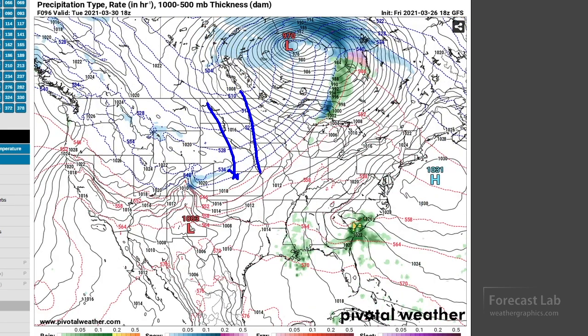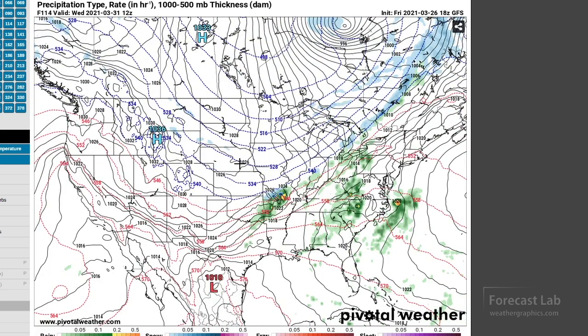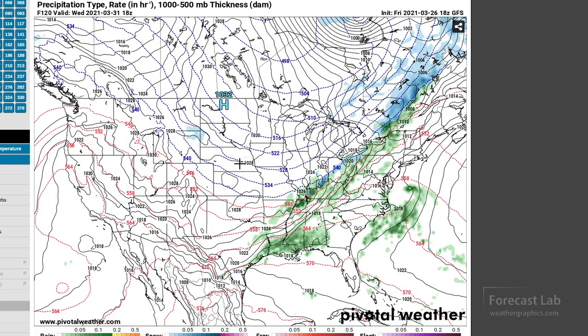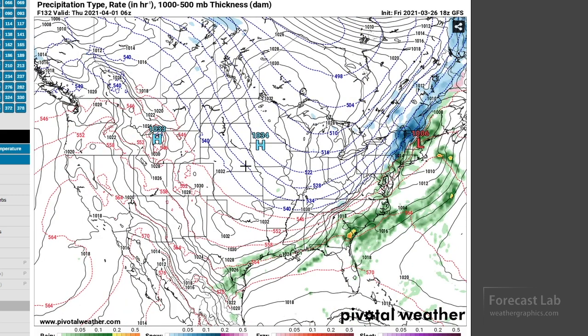And the eastern periphery of that makes some headway down into the southern plains, but there's more on the tail end that has yet to make its way southeastward. So that'll definitely have an impact on Texas around midweek. Even if it comes through dry, it is going to bring cold air in, and looks kind of rainy there on the Gulf Coast. Baroclinic system up there in the northeastern U.S. later next week,